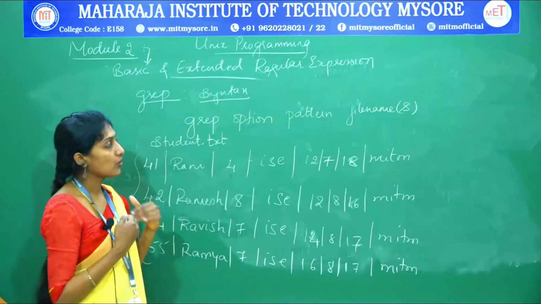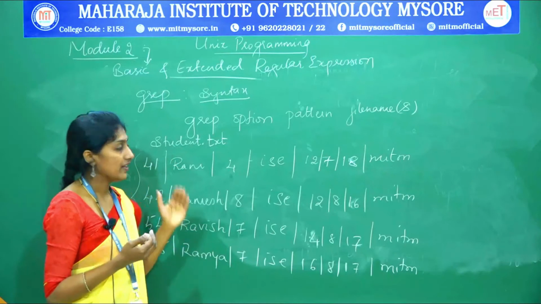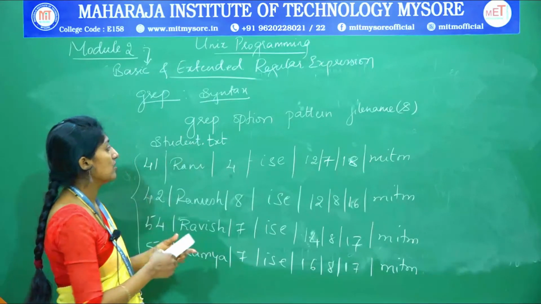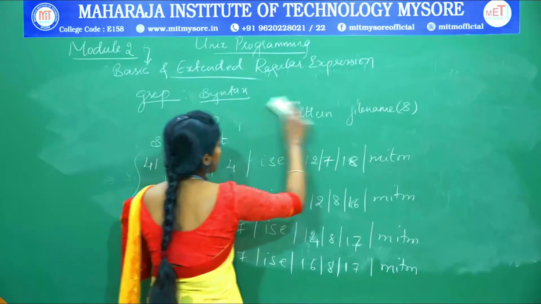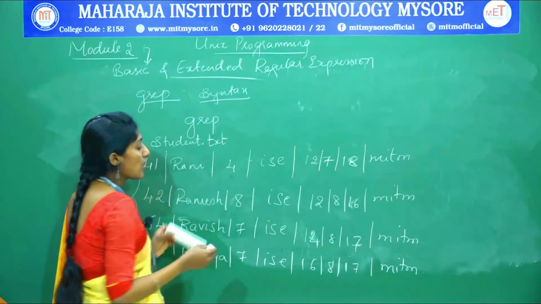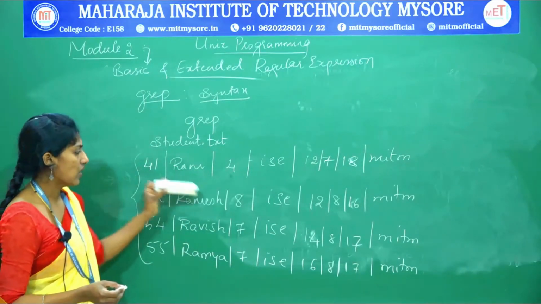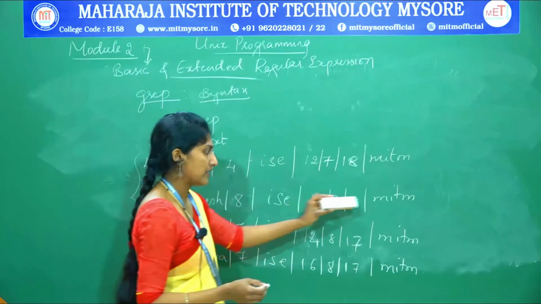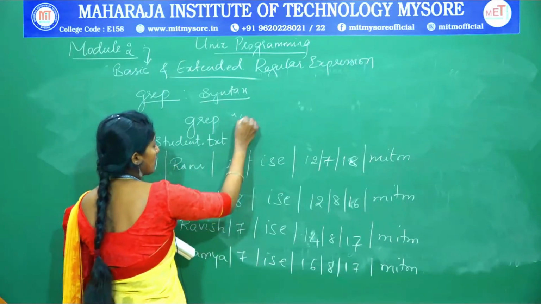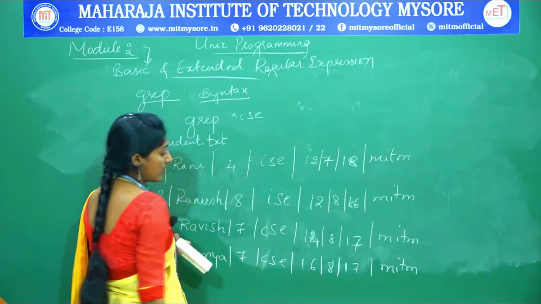First, let us understand how it is going to display a pattern that has been searched from any file we have given as an input. So, this is the input in the student.txt file. If I give the grep command, grep followed by pattern, I might take any pattern, whether it is a number, a character, a date, MITM, or a college. As of now, I am going to give the pattern ISC. Let me consider one of the students with CSE.